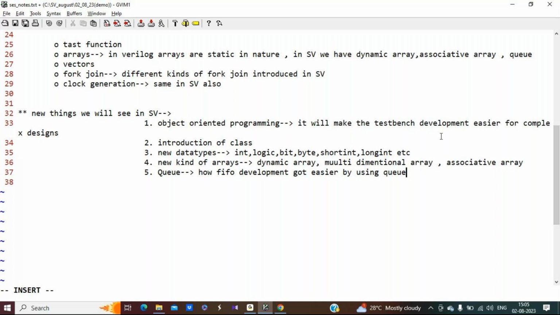Whenever you are going to learn a dynamic array, before that you should have the concept of array, right? Whenever we are going to understand these new data types, before that we should have the understanding of the basic data types. Those are reg, wire, integer, real, right? That's why we should understand Verilog is the foundation of understanding the language. Okay,